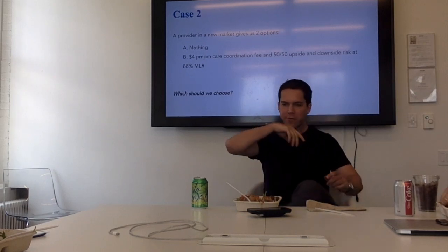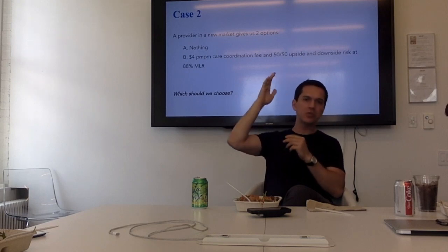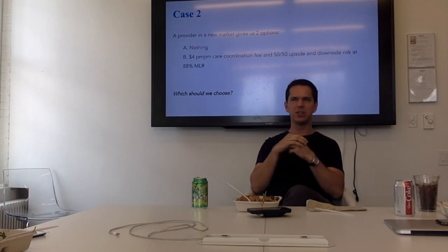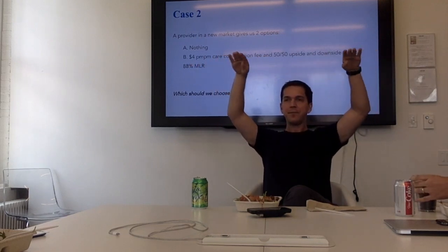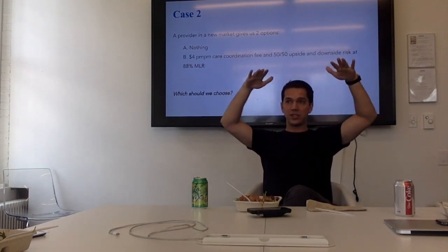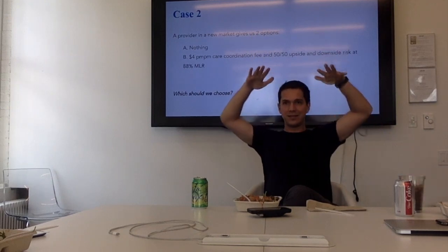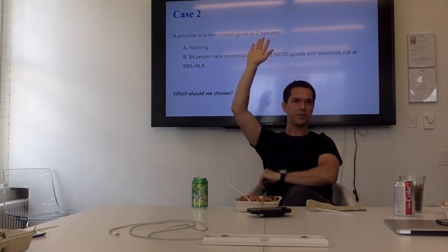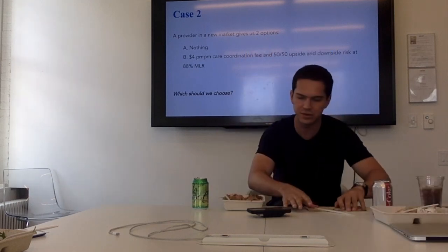So let's just say this. Here's a number. Raise your hand if you would do it for, if actuarial told you it was 89.5 is the MLR, just a little bit below. So it's not in your best interest. And they believe that 90 is our break even, as we discussed. Anything below that, we're expected to pay out money. Anything above that, we're expected to gain money. Would anybody do it for less than 90? Raise your hand if you do it at all for less than 90. Raise your hand if you wouldn't do it for less than 90.